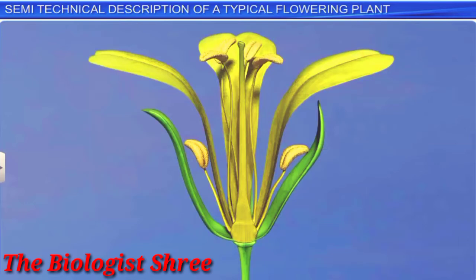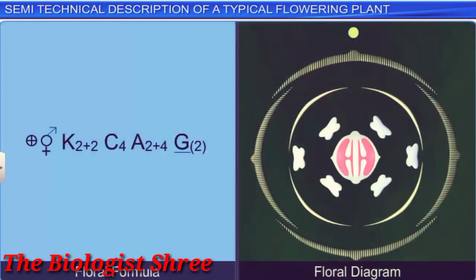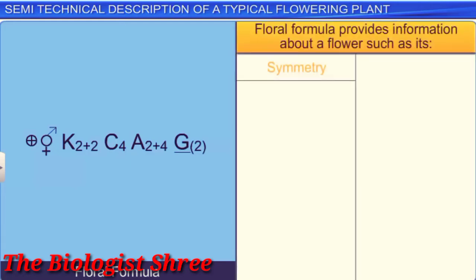The description of vegetative and floral characters is followed by a floral formula and floral diagram, which represent the floral description in condensed form. The floral formula is represented by a set of symbols and provides information about a flower such as its symmetry, sex,